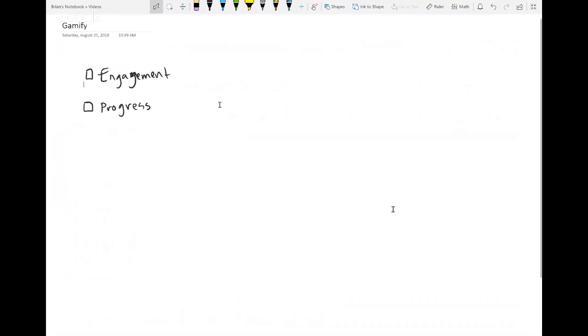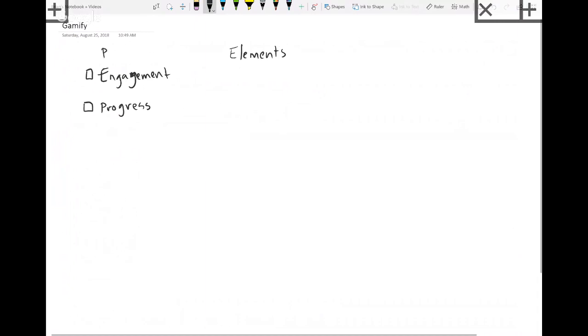Now, where we're going to go with this particular video is we're going to make an app that takes the elements of games and applies them to different areas. So let's talk about the elements of gaming. So over here, I have the purpose, the two main purposes. Let's talk about the elements. Things that you'll see in a video game that would be useful to engage users, would be useful for feeling progress,